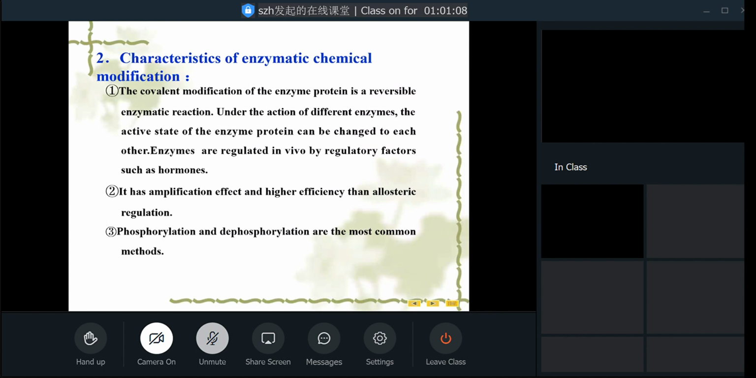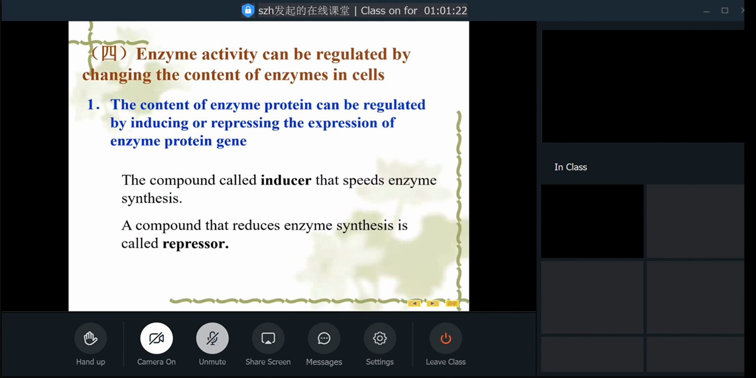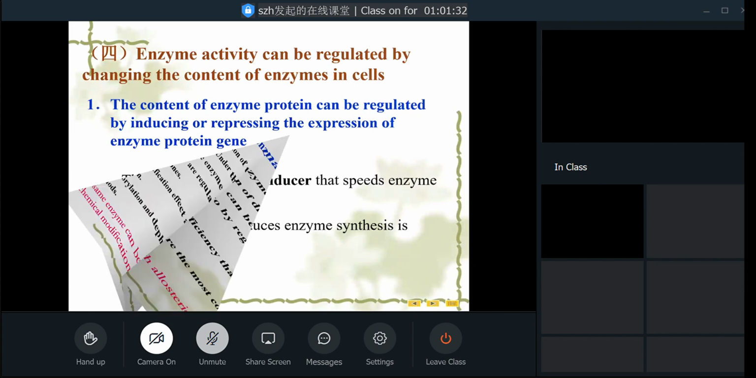Phosphorylation and dephosphorylation are the most common methods. The same enzyme can be regulated by both allosteric regulation and chemical modification. This we studied in every chapter on metabolism. And another one, you can see the enzyme's activity can be